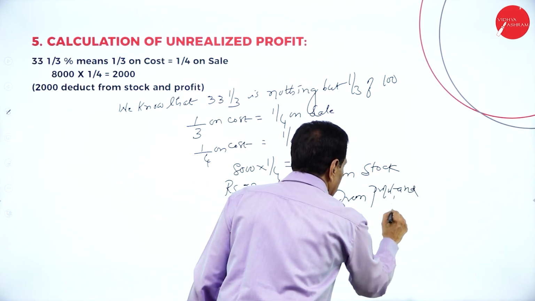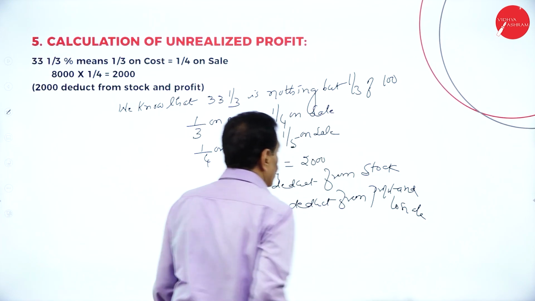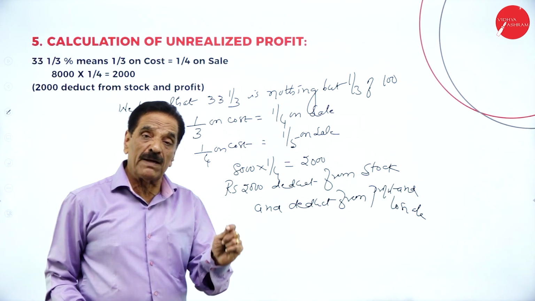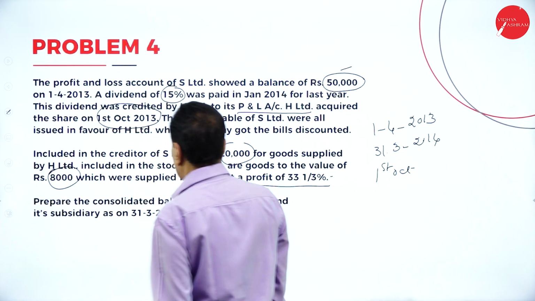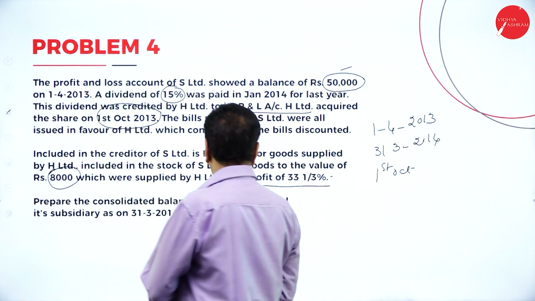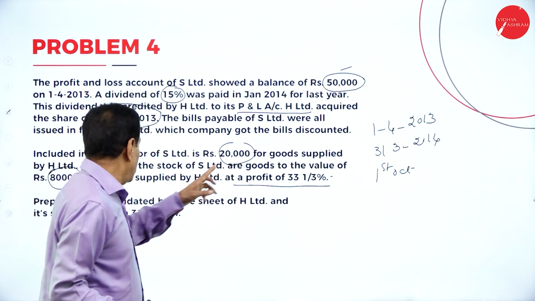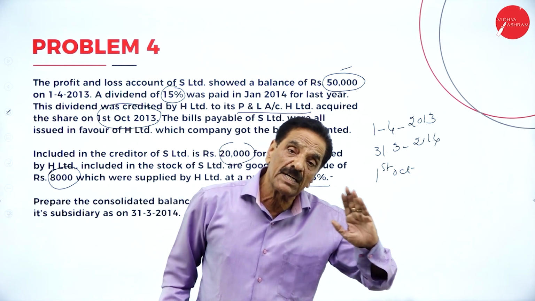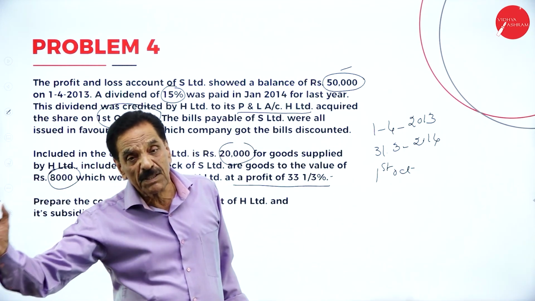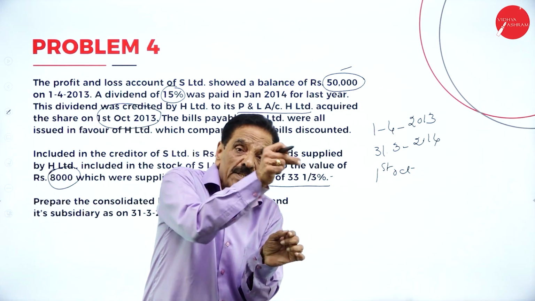It's a loss to holding company. Who supplied? H Limited supplied about, I will repeat now, 20,000. If you see the problem, you understand. Here, H Limited included in stock of S Limited 20,000 goods, which has a profit of 80,000. For 20,000, H Limited becomes the creditor, S Limited becomes the debtor, and goods have been sold at 8,000, which